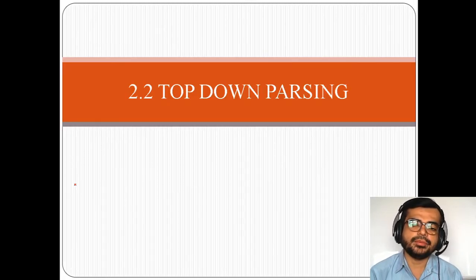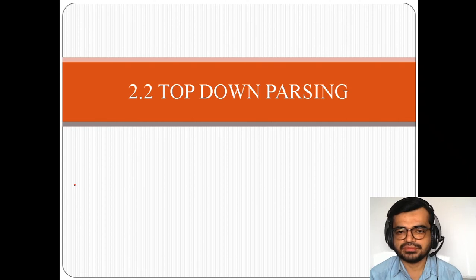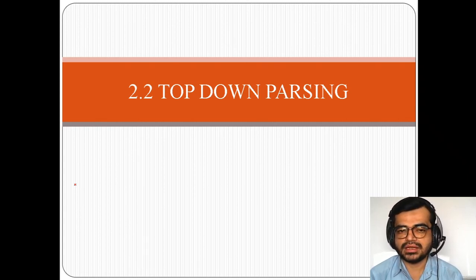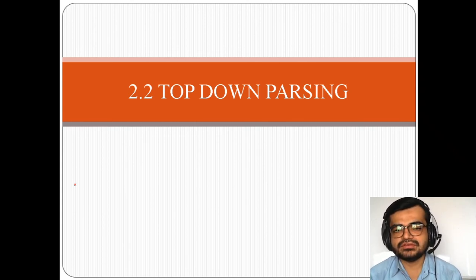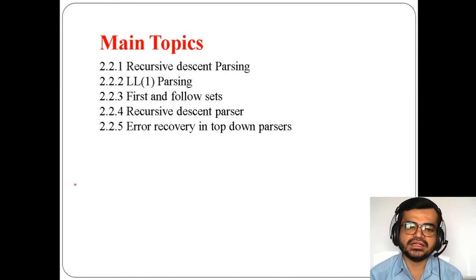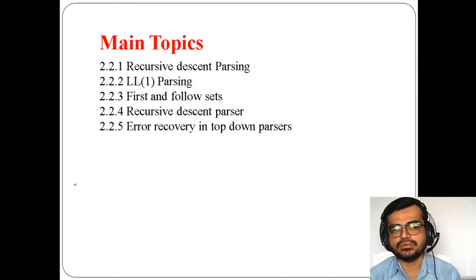basically deals with top down parsing, and the third unit will be discussing completely bottom up parsing. Okay, with top down and bottom up parsing, your three units are going to be completed. So first we need to understand top down. I'll just introduce this second chapter. You will have different types of parsing methods which are approached in a top down manner. Top down manner means from root to child.